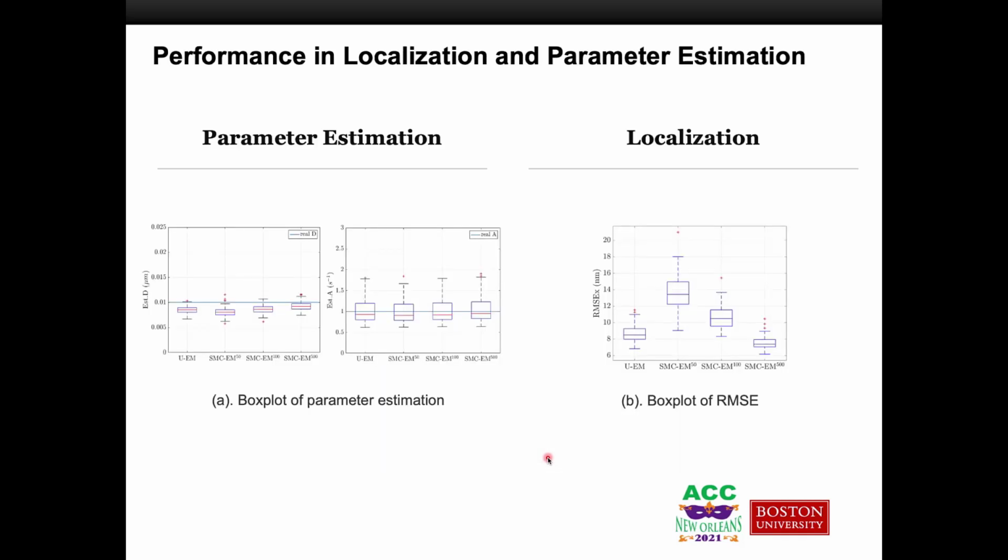Here are the partial results showing the estimation performance by different methods. In terms of parameter estimation, both methods return good estimation results. In terms of localization, the performance difference mainly depends on the size of Monte Carlo samples used in SMC-EM. With a large number of Monte Carlo samples, SMC-EM shows better localization performance, but with the sacrifice of heavier computation